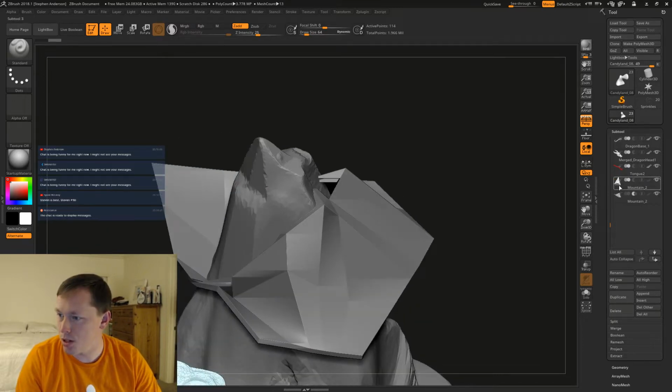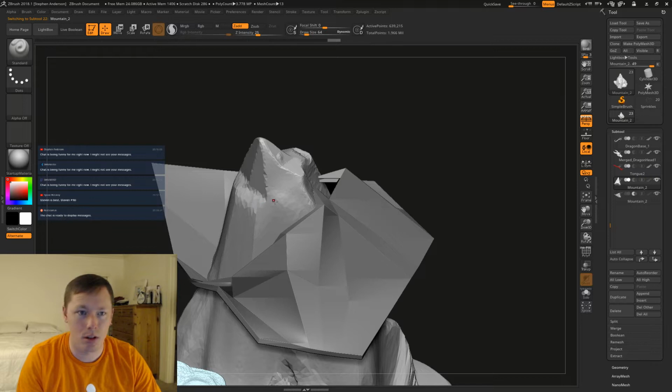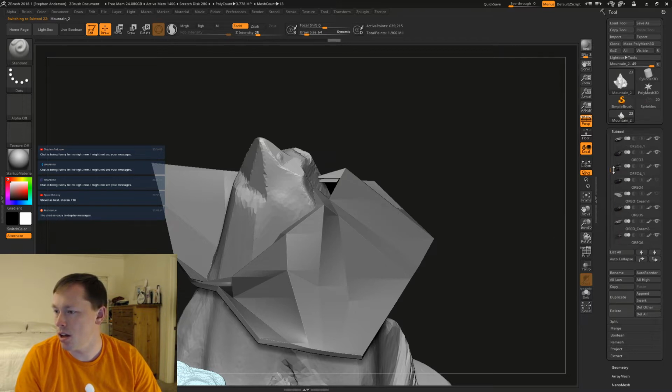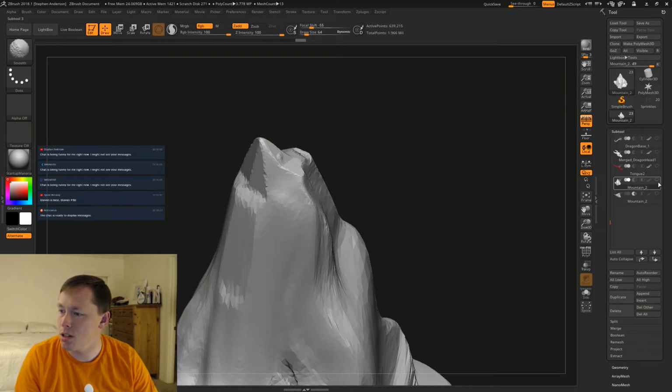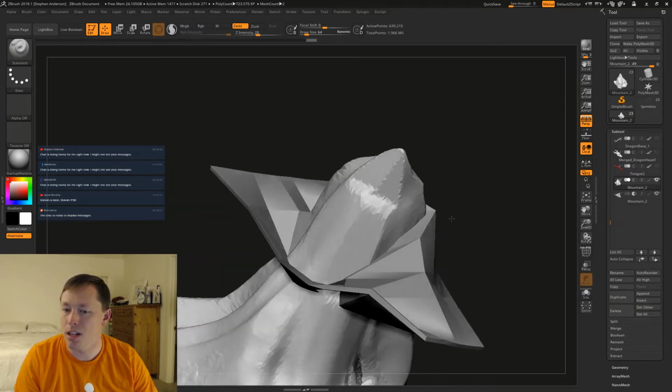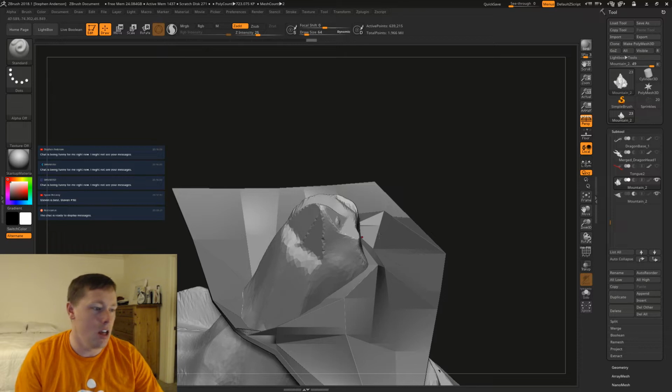So here's what we're going to do. I'm going to select the mountain and decide how many things I have that I don't actually want. It looks like everything is needed for the scene, so let's get rid of everything except for these two pieces.